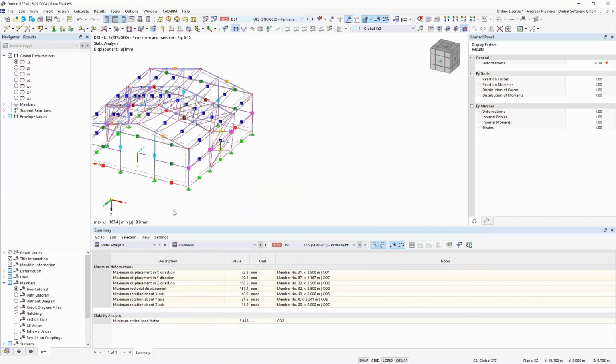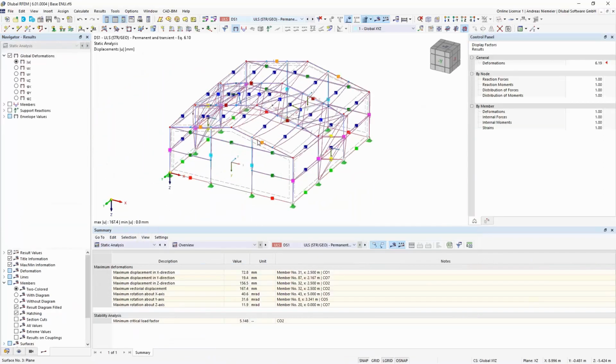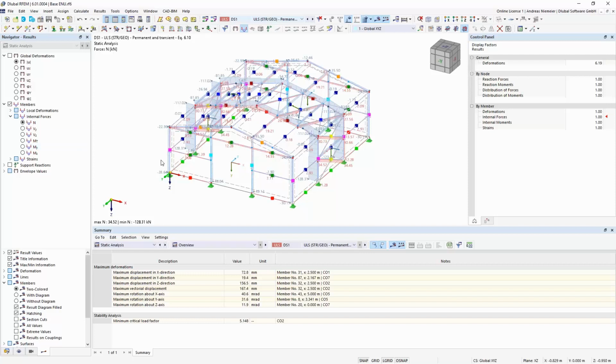Good. Results are here. You see directly some deflections, and you can even activate some internal forces, but this was not the case. We were interested in eigenvalues. And as you get in the table the static analysis, you get now also the stability analysis.